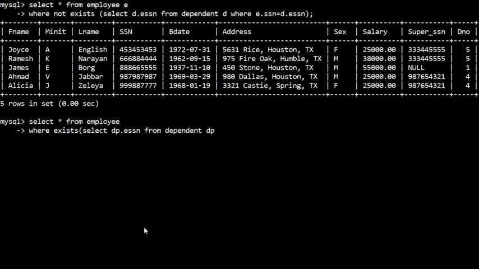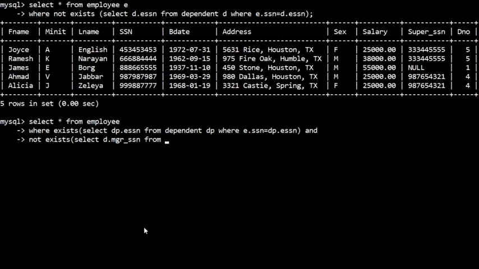I'll rename this as DP, and I'll put the condition where employee SSN equal to DP dot ESSN. Okay, and one more function will add, that is not exist, and here I'll take D dot manager SSN